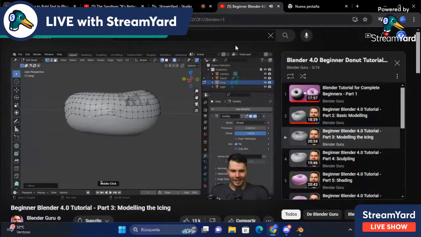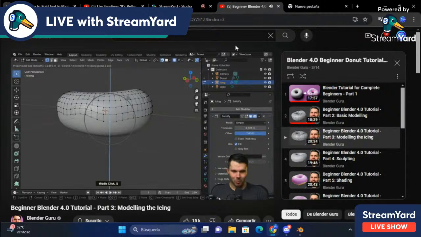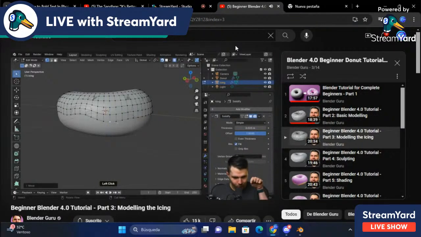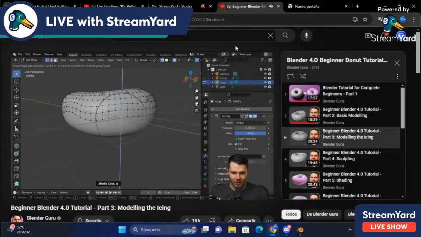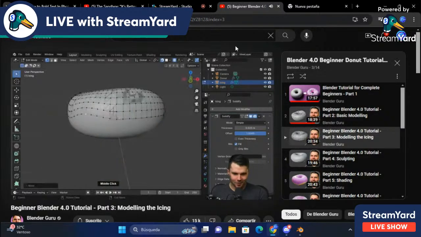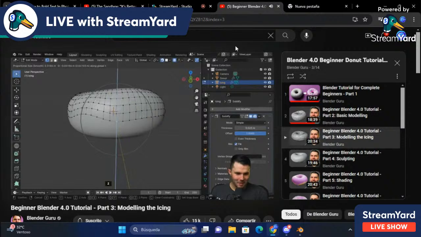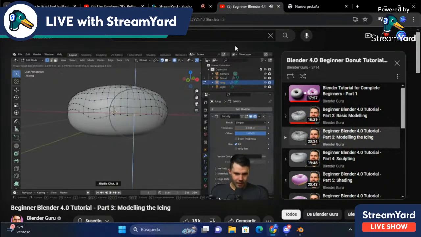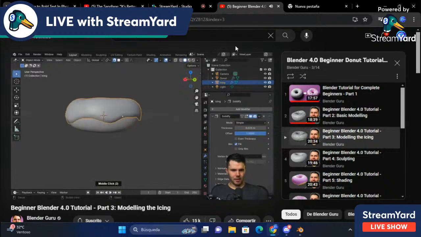Middle click. It's such a weird button that you have to call it out. It's the scroll wheel button because no other application seems to use it besides scrolling. But Blender is like, no, we're going to use it for like 90% of the operations. But anyways, as you can see, I'm not paying too much attention to it,